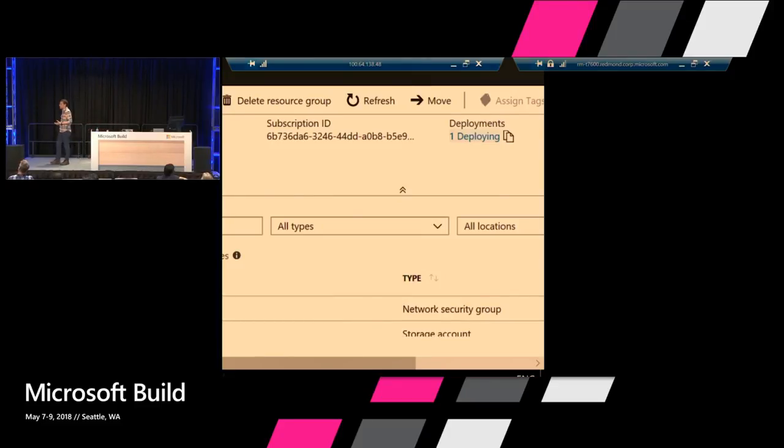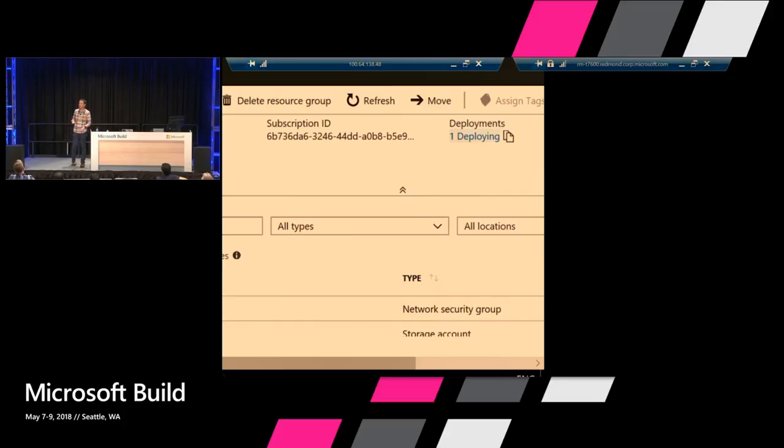So why is this important? And again, super simple demo. The goal was not to stun you with how easy it is to write a script to deploy something, but to highlight that the template is the same because ARM, Azure Resource Manager, is the same. The script is the same because I use one SDK, which is the Azure SDK for PowerShell.